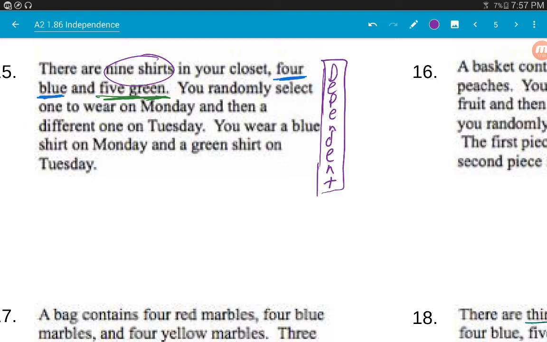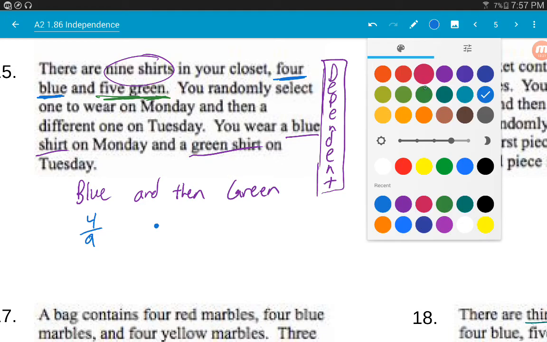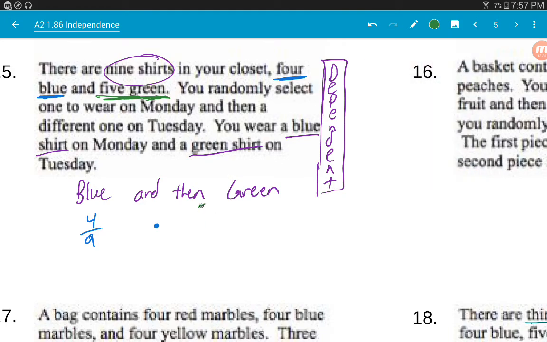Okay, so what do I need? What needs to happen? I need to get a blue shirt on Monday, blue, and then I need a green shirt on Tuesday. So blue and then green. The probability of getting blue is 4 out of 9, and then means I'm multiplying. The probability of getting green is going to be 5 green out of